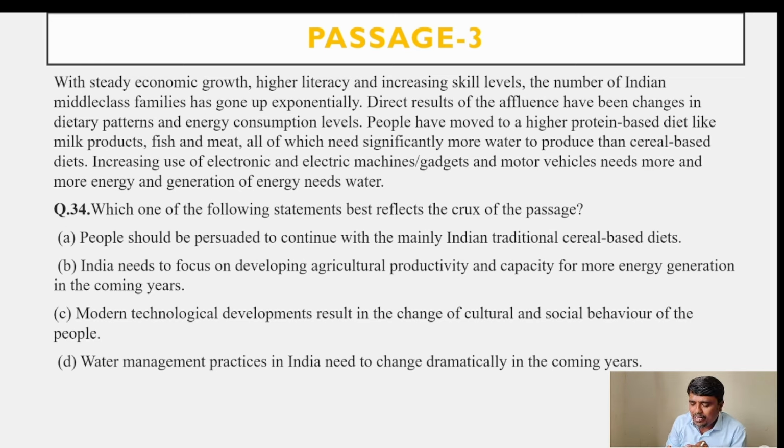Obviously, if you come out of the poverty line, your focus is more on dietary habits, meaning you improve your dietary habits. That means more intake of protein-rich food, as mentioned: milk products, fish, meat. Not only that, different gadgets and electronic equipment are used. So all these result in more consumption of energy, and more energy consumption is dependent on more water consumption. The same goes for the protein-based diet, which is heavily dependent on water consumption. So the central idea of this passage is nothing but